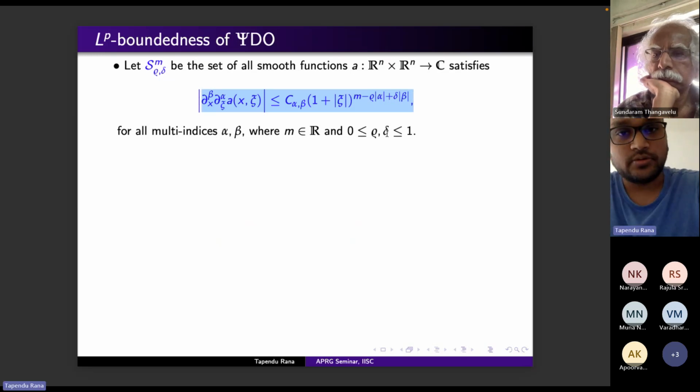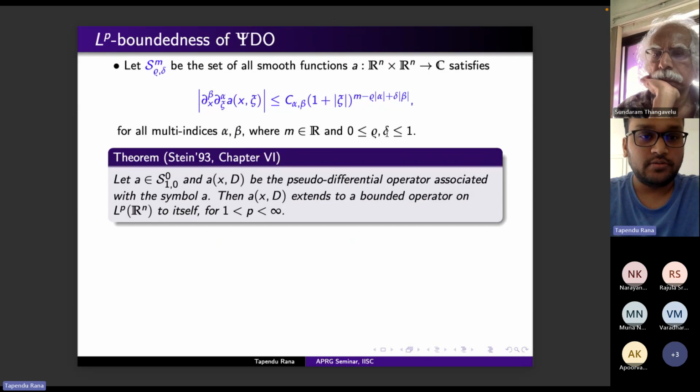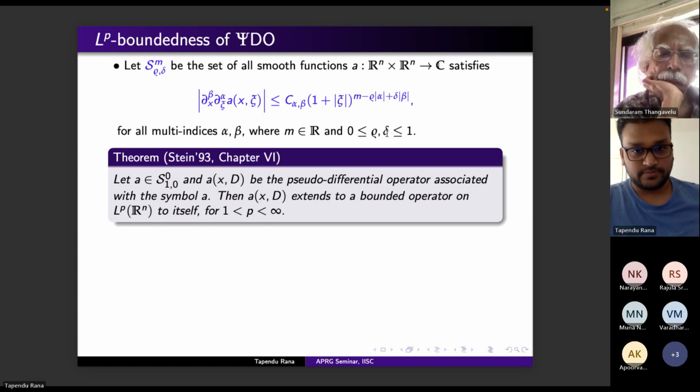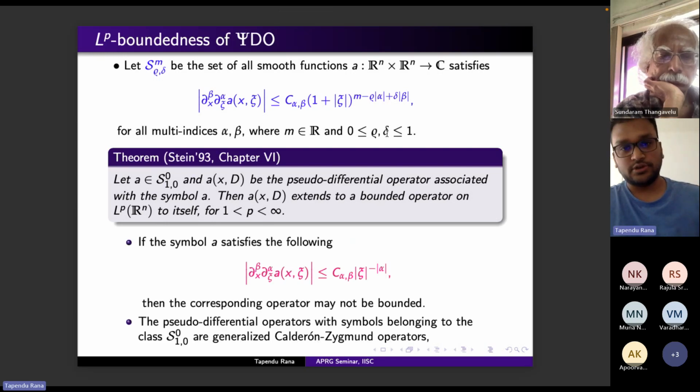Okay. Now, it is well known that if you take a symbol from the symbol class S^0_{1,0}, then the associated pseudo-differential operator a(x, D) is bounded from L^p(R^n) to itself for 1 less than p less than infinity. And I would like to remark that unlike in the Hörmander-Mikhlin multiplier theorem, if you allow the derivatives of the symbol a(x, xi) to have a singularity at xi equal to 0, then the corresponding operator may not be bounded. Now, it is also well known that if you take a symbol from the class S^0_{1,0}, then the associated pseudo-differential operator actually belongs in the realm of Calderón-Zygmund operators, where the smoothness condition with respect to the space variable is crucial. Now, this raises the question